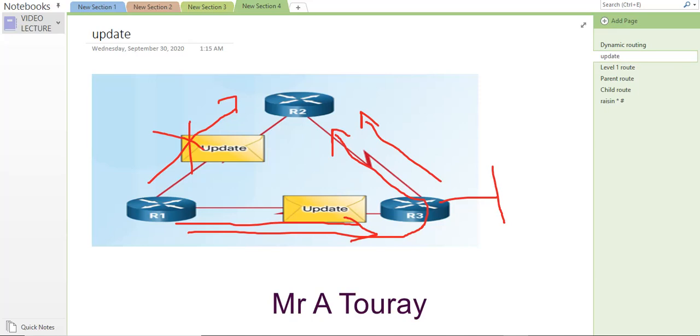It will choose this link no matter how long it is, if it is the fastest, or if it has the lowest administrative distance or the lowest metric. Router 1 will choose to go through router 3, and it goes to router 2's LAN here. So it's very important that you know it's not how long the way is, but how fast the way is and how clear the way is for me to get there, not how long I'm going to take or how long the route is.